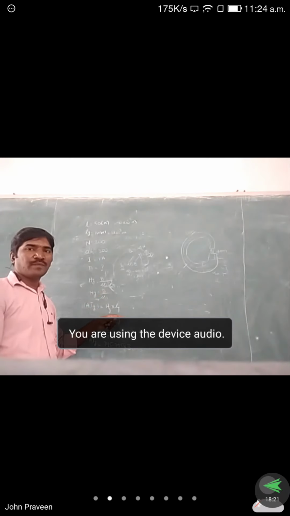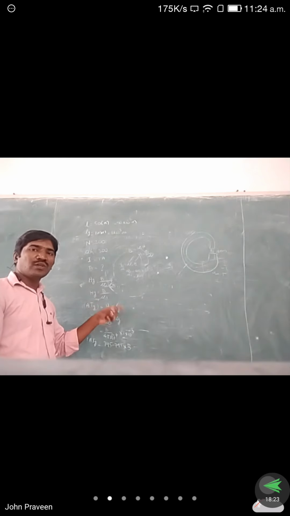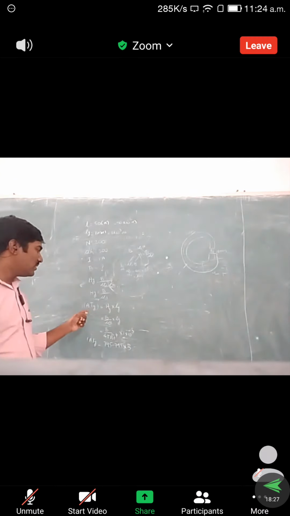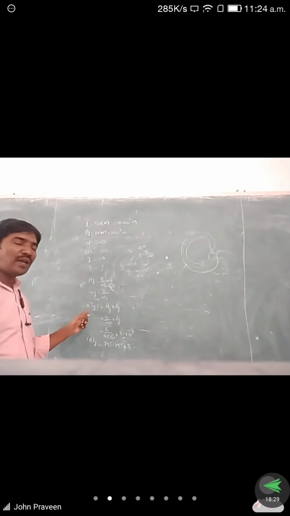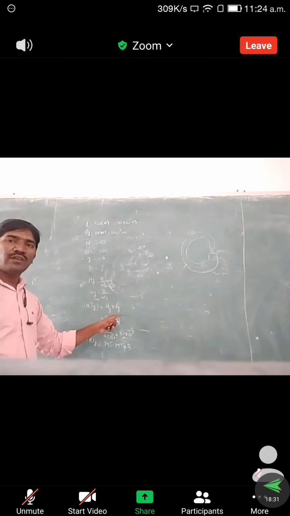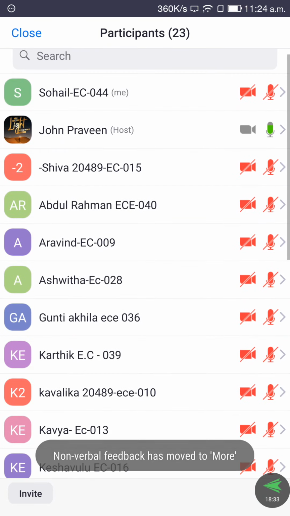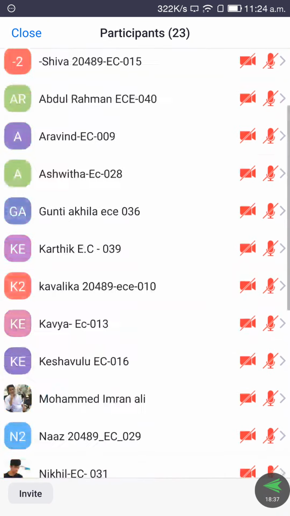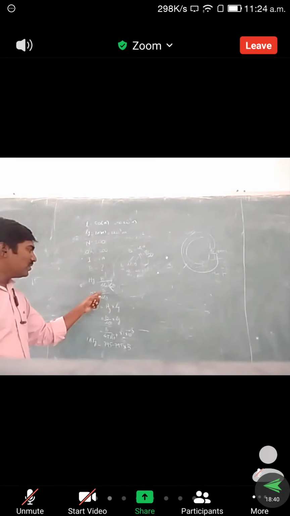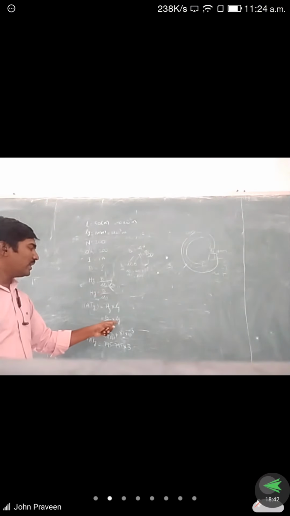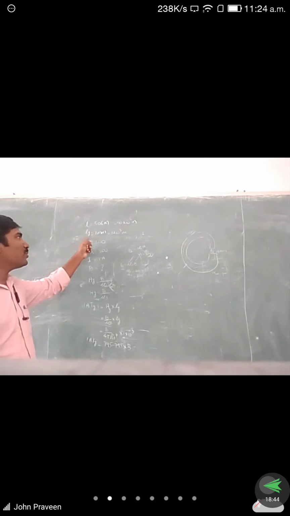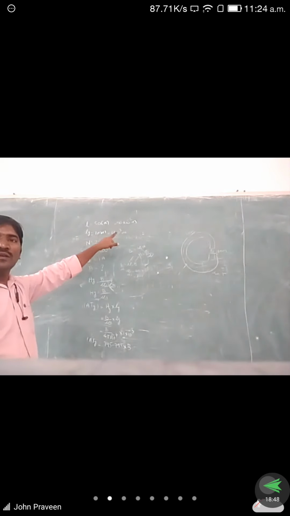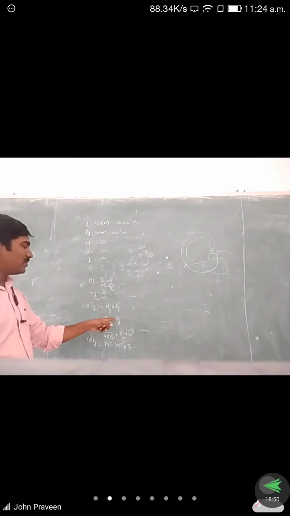Ampere turns value is a constant value, so that we want to find out. We know the formula: ampere turns is equal to H into L. This is for the air gap, which is why we write Hg and Lg. Hg value is B by mu naught. Next, the Lg value is given in the problem as 1 mm. We convert into meters, 1 into 10 to the power of minus 3. So we substitute that here.